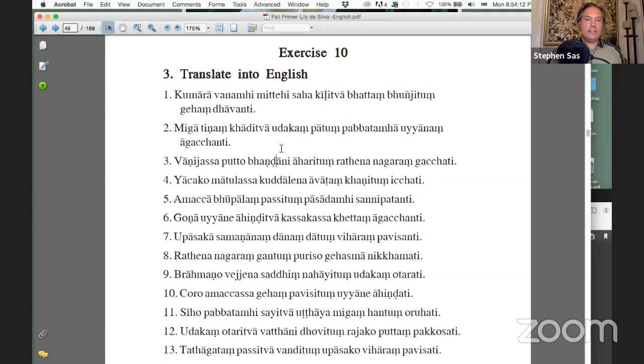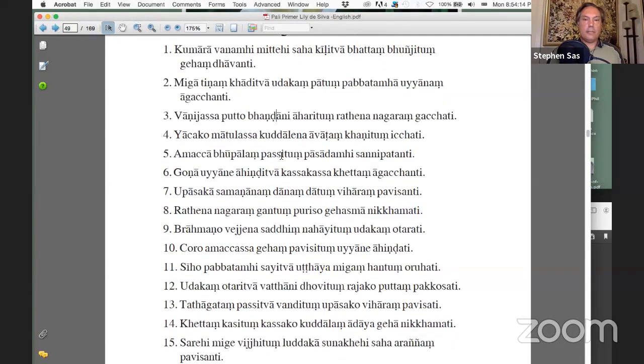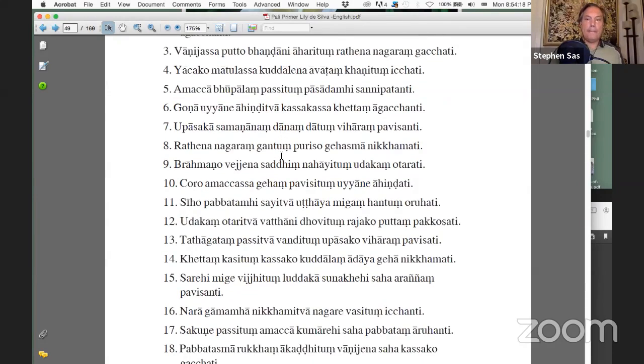And so I hope you were all able to unscramble that. Sometimes I have to say that in Pali Primer, there's sort of a challenge to unscramble. It's sort of designed to be a little bit like a crossword puzzle, but that's okay because we're learning. The main point of this is to learn our case endings and these other forms of the verb. So maybe now I'll try Tet, if you can mute.